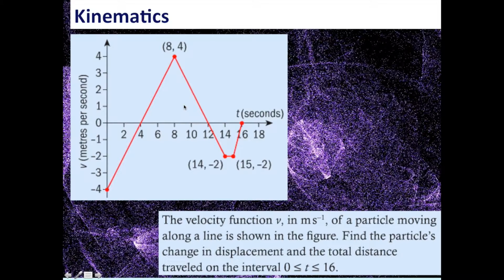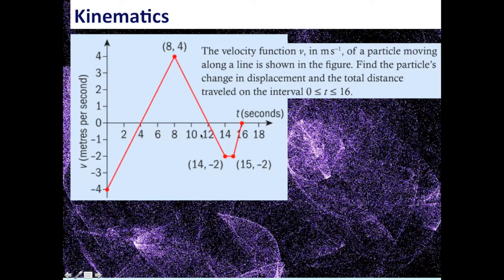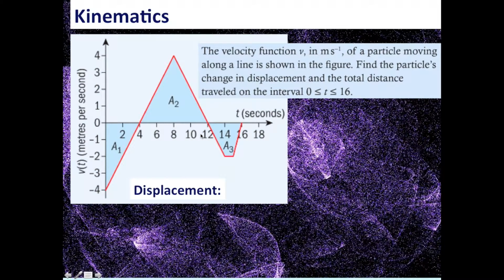For the total distance travelled, we don't actually have the function here, so we can't integrate. For this, you are going to need to find out each individual area and take the modulus of each area and add them together. So for the displacement in that instance, sorry, we can't integrate. We're going to have to find the individual areas and add them together, recognizing that this would be